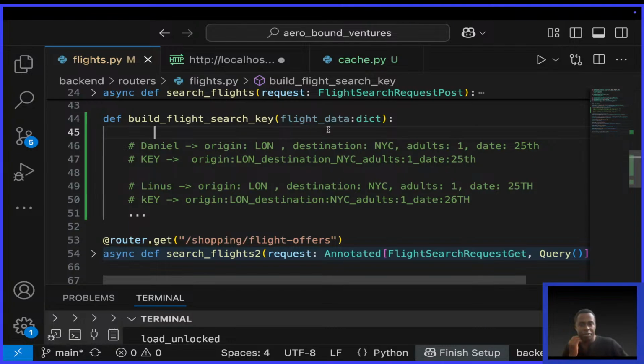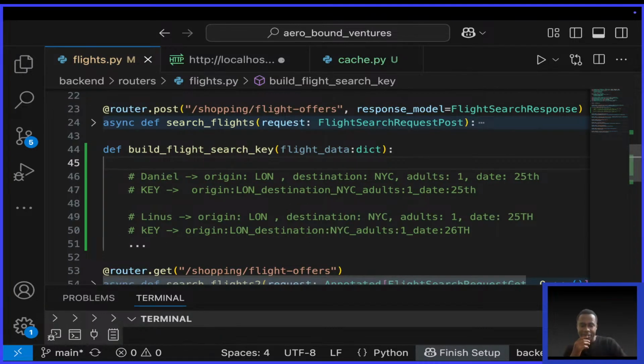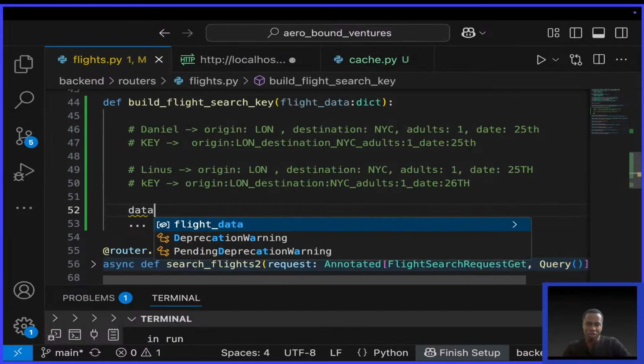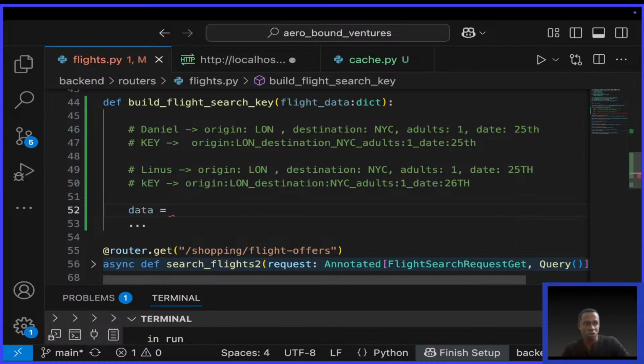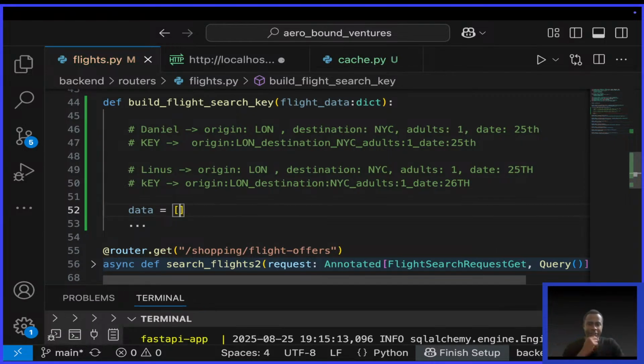I'm just going to create maybe a list. Let me just call it data for now. Let me put it here below this comment so that you know what we are doing. Data will be equal to a list. So what I want to do,